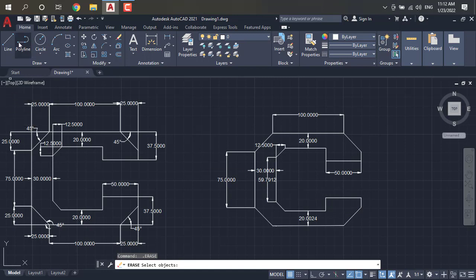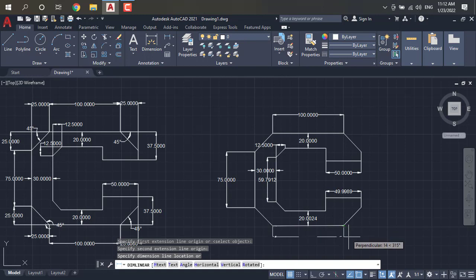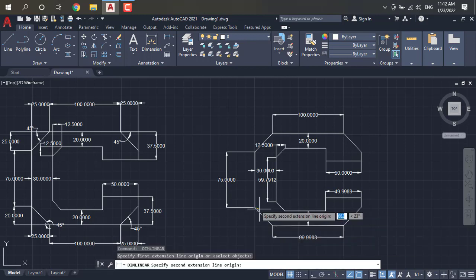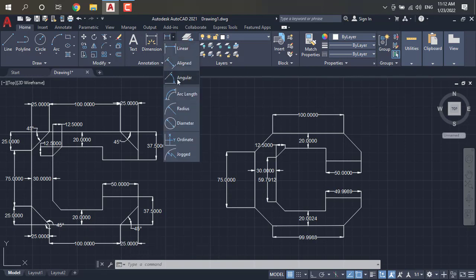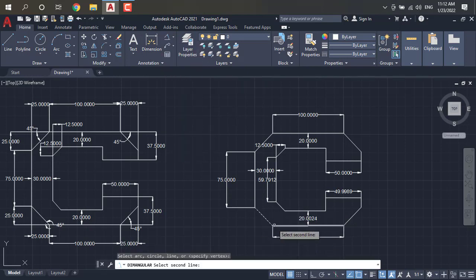Actually we have to give the direct dimensions. Again you have to give the angle for this. This is 45 degrees.